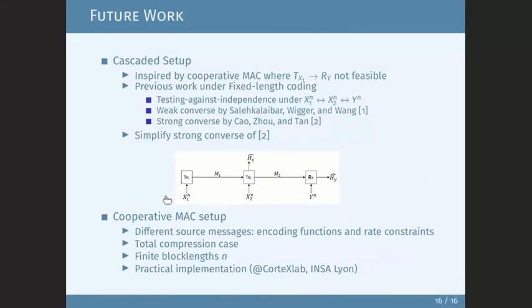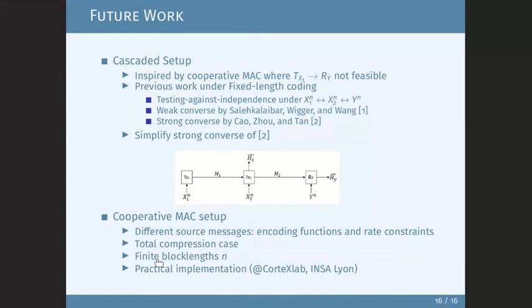Also, we look into having optimal results for the scenarios in the variable length coding. And for the cooperative MAC setup, we are interested in studying when we have different sources. For example, if the message from the transmitter Tx1 to the transmitter Tx2 is different from the one sent to the receiver. If we have different encoding functions, different rate constraints also, and to consider also the total compression case. Maybe if we have only one bit being transmitted from Tx1 to Tx2, for example, on the cooperative link,